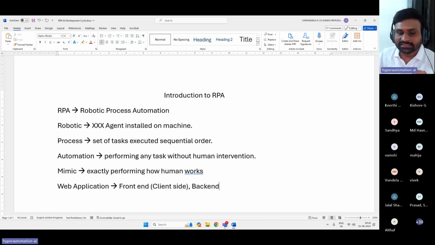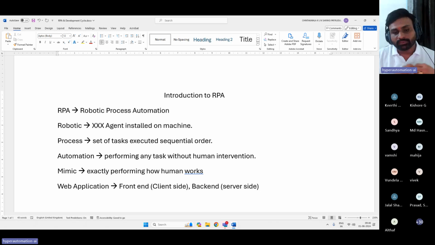And the back end is nothing but the server side, where the Amazon website server is hosted. So whatever we perform on top of that application is with the help of your mouse and keyboard.